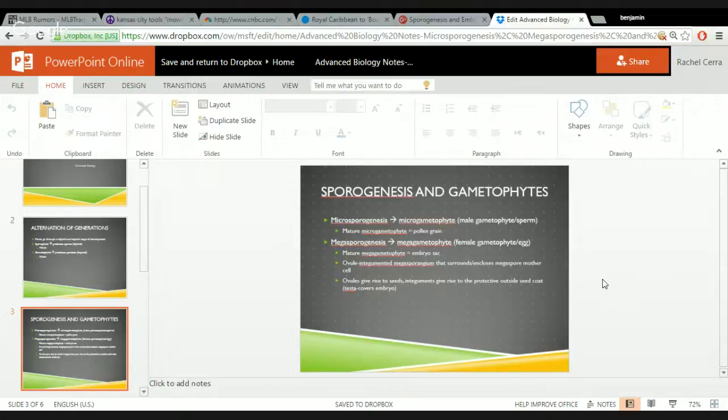However, this one's a little different. 3 of the megaspores will abort. So you'll be left with only 1 surviving megaspore. Still haploid, but only 1 megaspore survives. That megaspore will then go through mitosis. I've kind of pulled it out in the next picture